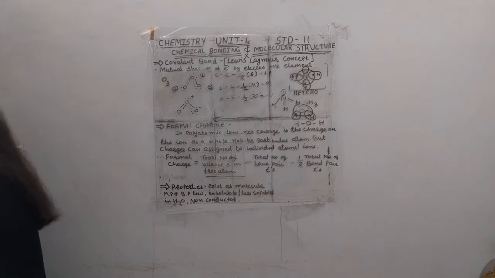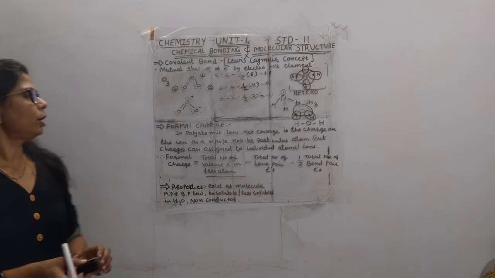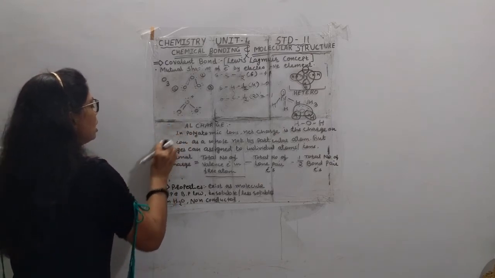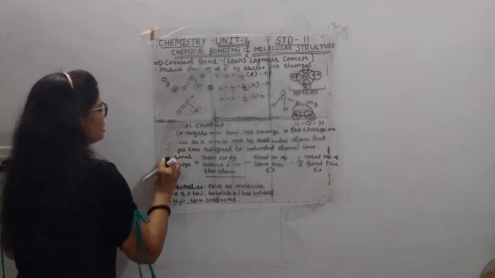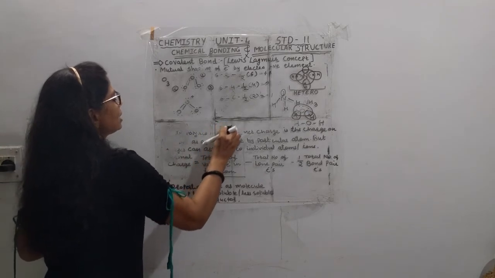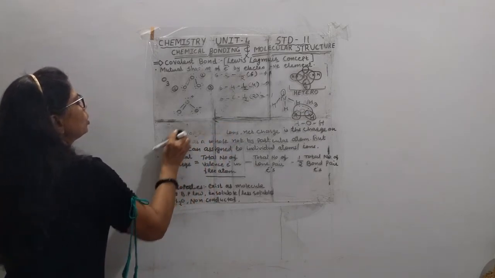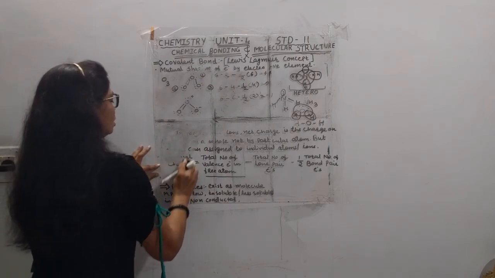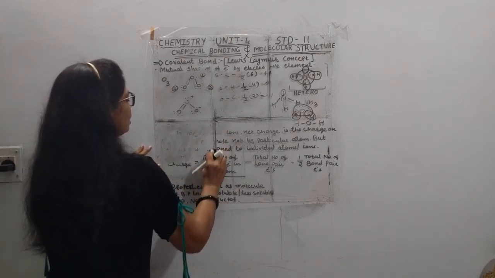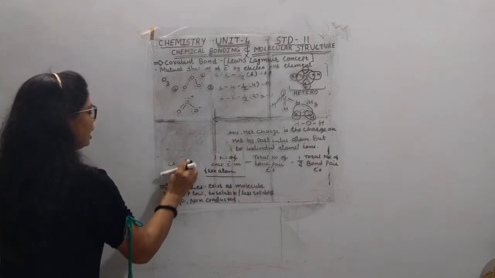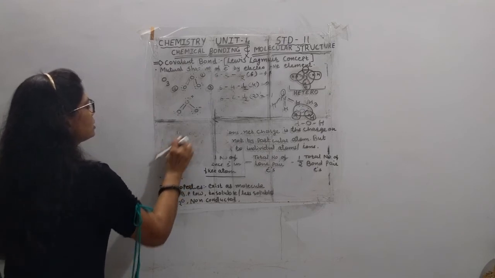After that covalent bond, and now as I said, we'll go with the bond length. Student, what is known as the bond length? As you know the radius. What is a radius, student? The radius, in maths terms, is for a sphere the chord from the center to any end of the circle. That is known as the radius.